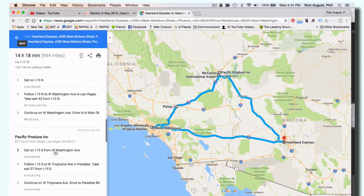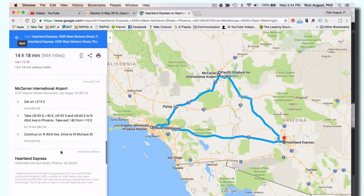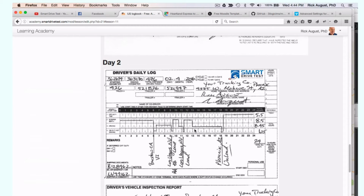The last leg of the trip from McCarran International Airport back to Phoenix, Arizona is 4 hours and 30 minutes. And we log 5 hours and 15 minutes back to Phoenix, Arizona, and 15 minutes to unload, and then we go home. So our duty status lines are 5.5 hours off duty, 8.5 hours in the sleeper berth, 8